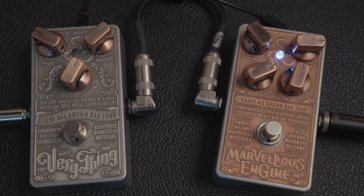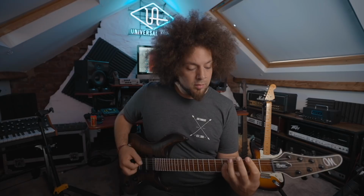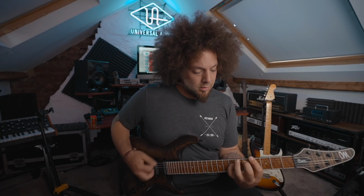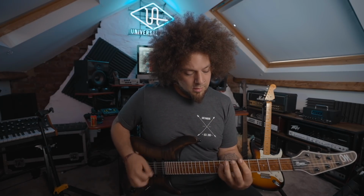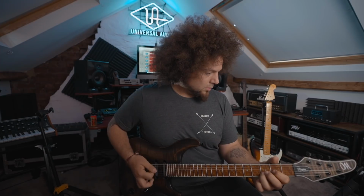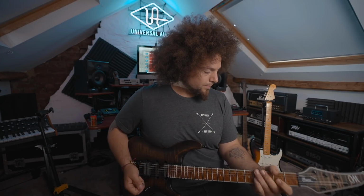I mean, that's with the gain gunned on the Very Thing, and it's still giving us like a loud amplifier, roaring kind of cab sound. I'm just going to do the same thing again, blend the two together. Mamillus Engine. You can definitely hear it's getting there, especially with humbuckers, but I bet on lead it's really...